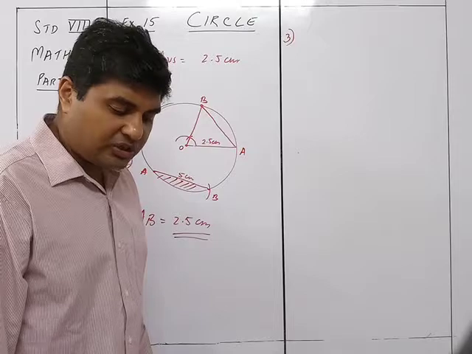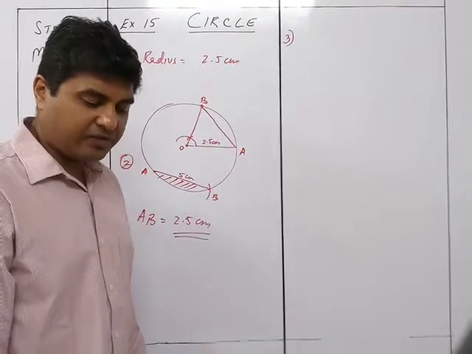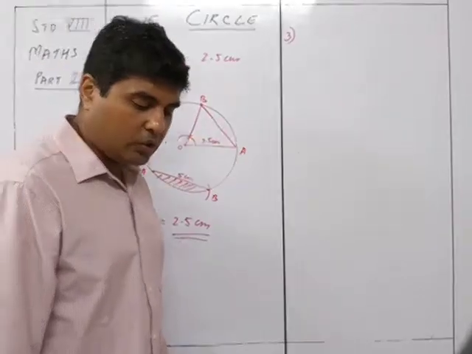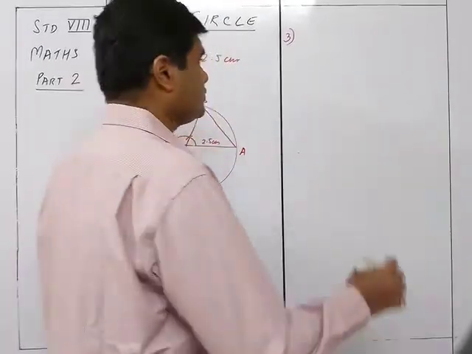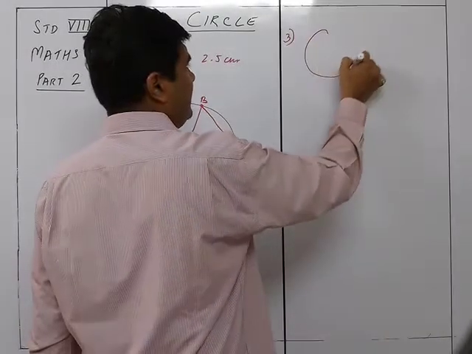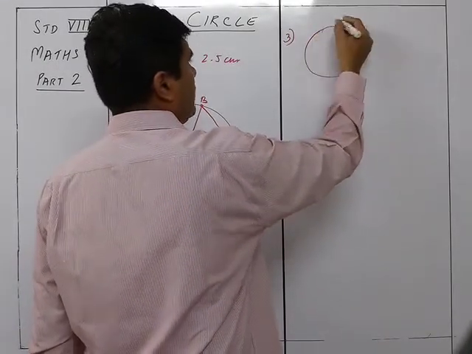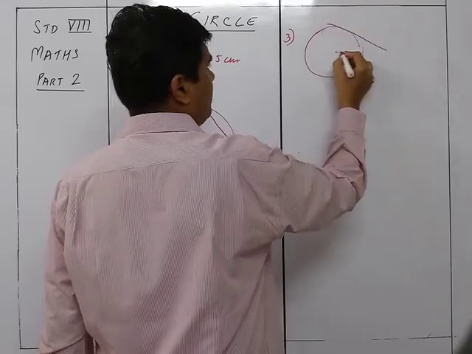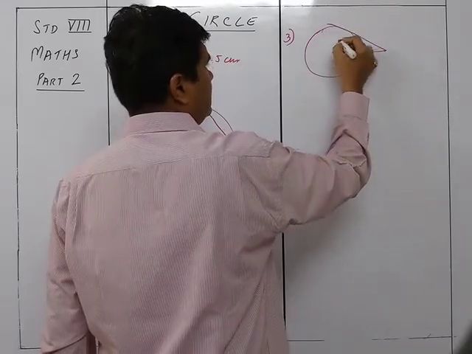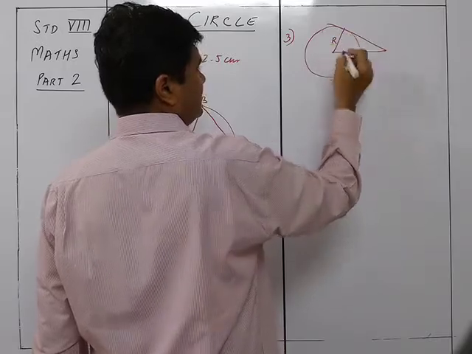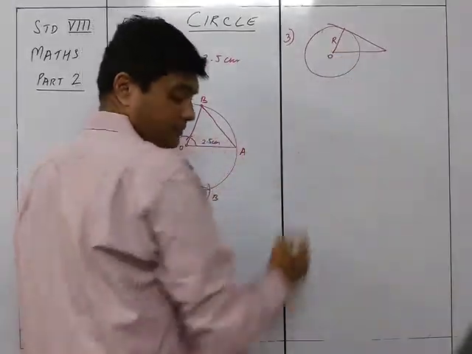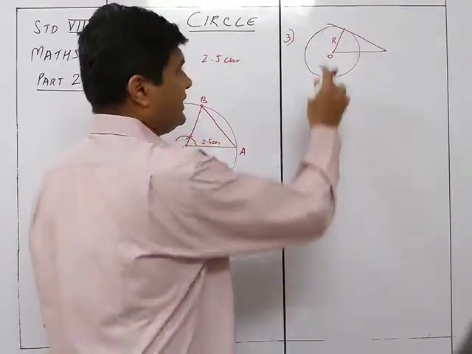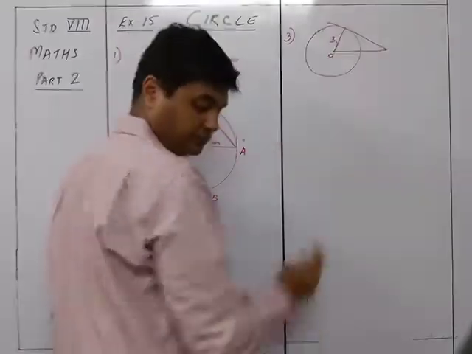Find the length of a tangent drawn to a circle of radius 3 centimeters from a point at a distance of 5 centimeters from the center. Now you don't need to draw this thing. It is just a normal thing. First of all, just roughly draw this so that you know what is required to be found out. So this is the tangent from a point outside the circle. This is the radius. This is the radius. They have given that the length of the tangent is drawn to a circle of radius 3 centimeters. So the radius is given as 3 centimeters.